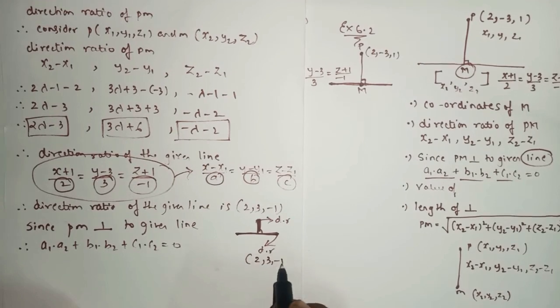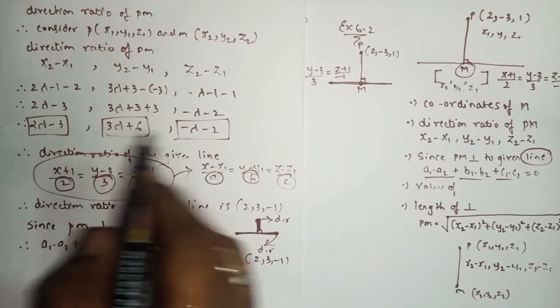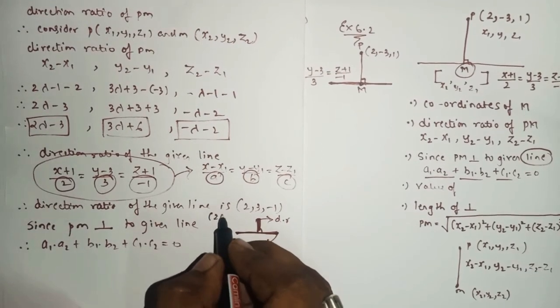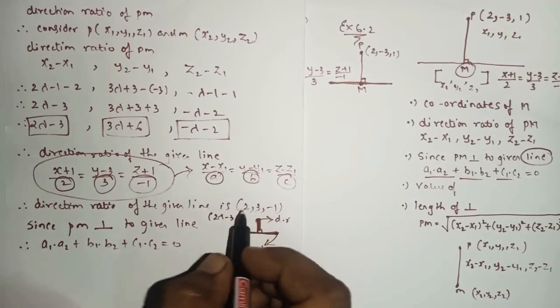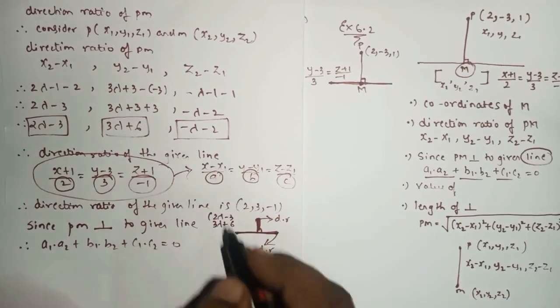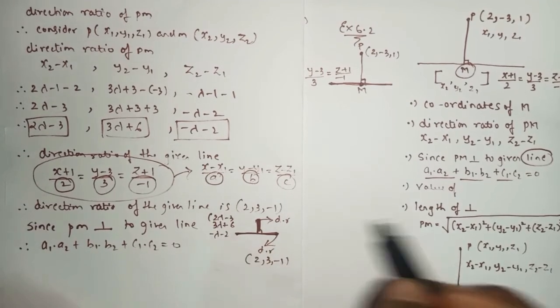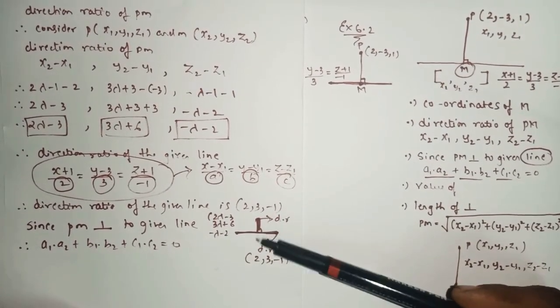2, 3 and minus 1. And what is the direction ratio for this line? This is the direction ratio: 2 lambda minus 3. The second one is 3 lambda plus 6. And the third one is minus lambda minus 2. Okay, so now as these two lines are perpendicular,